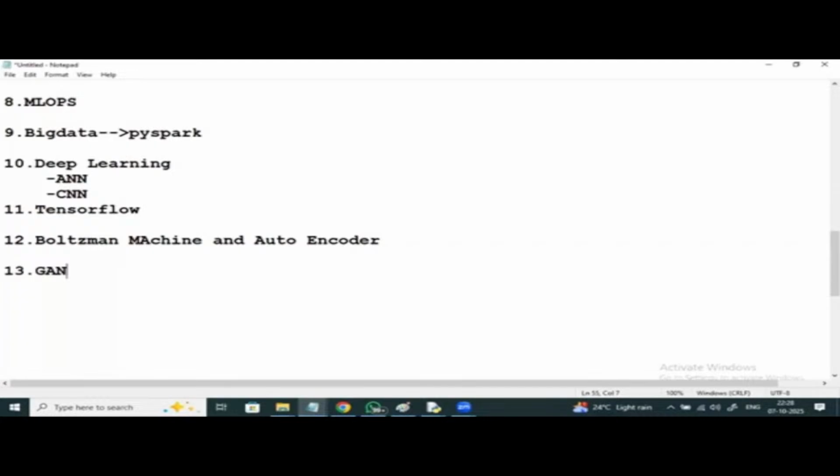In deep learning, this GAN is a powerful model architecture that uses competing neural networks. So, like a generator, discriminator: the generator creates some fake data samples, while the discriminator's role is to differentiate the fake samples. And then later I'll be discussing about RNN,